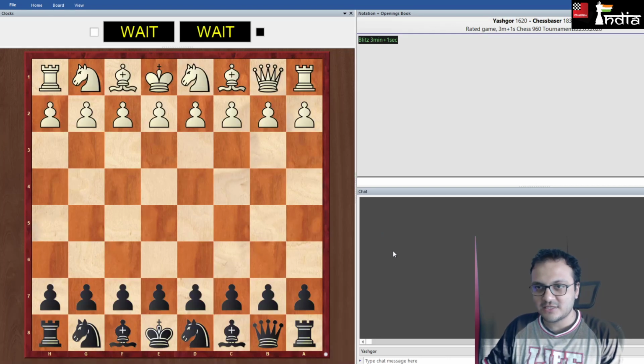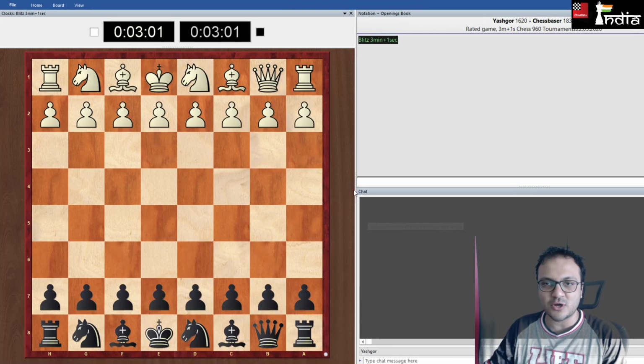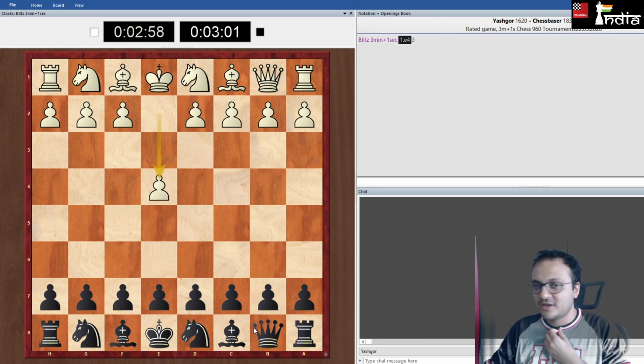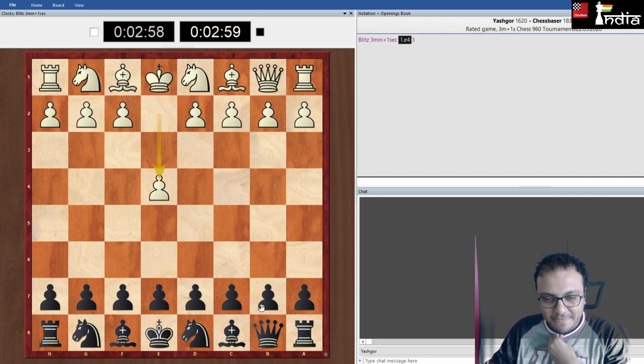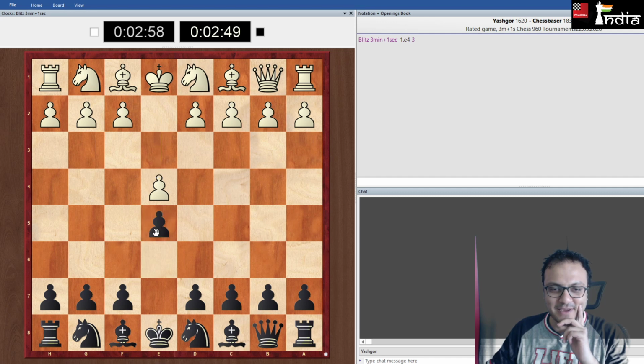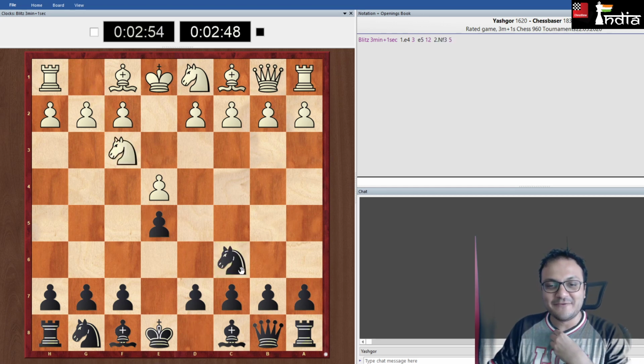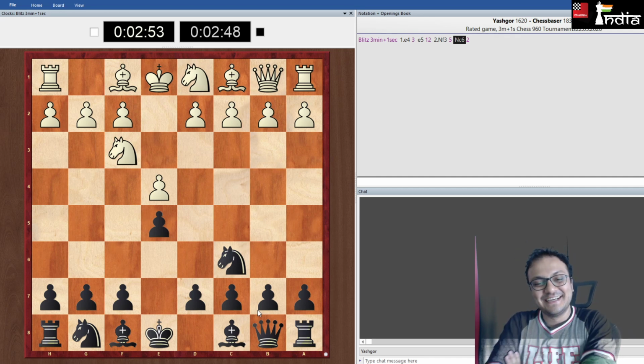Okay, who has received it? Yash Gore has got it. Okay, someone else. So you see all the pieces are in different squares. Let's see if Yash Gore can play it. He plays e4. Now you can see e5 looks normal, but my queen is on b8. Actually, only the knights have interchanged. Maybe it's not such an unusual position. But you see, all the opening theory is thrown out of the window. We go knight c6.